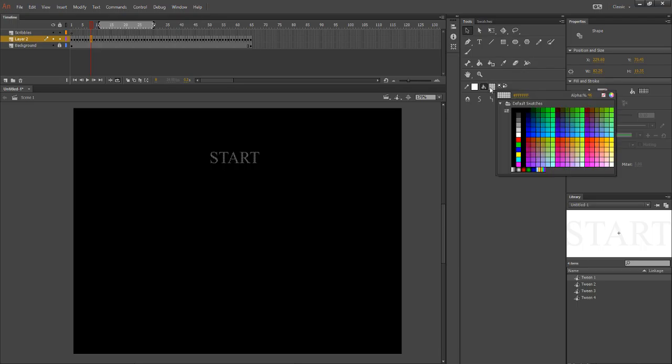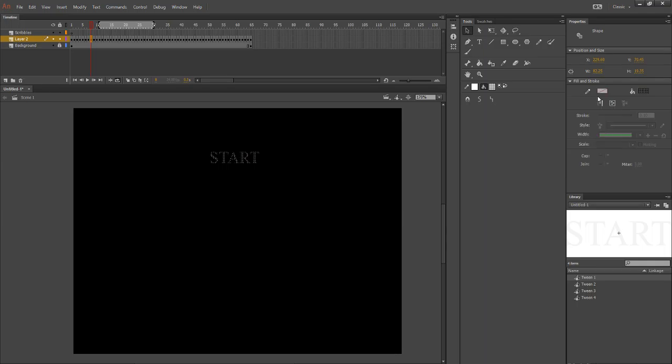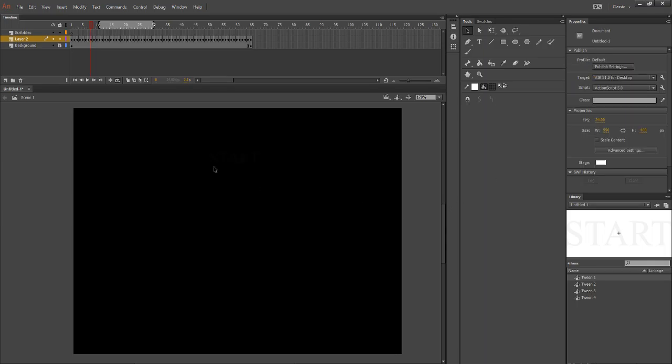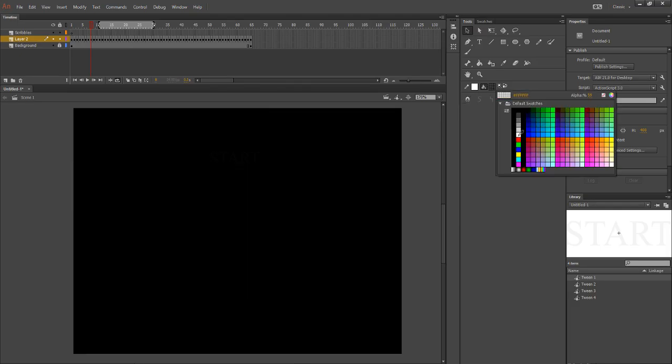And I don't know why it is making me break it apart constantly, because it shouldn't be a symbol, but I guess since I made it initially as text, I don't know how that all works, honestly. And I'm sure that there's a much easier way. 59 should be good. Not black, white.